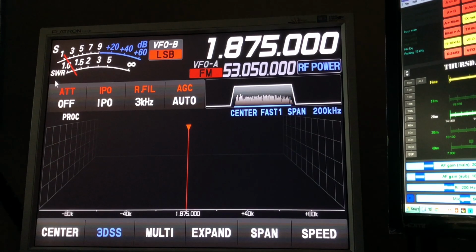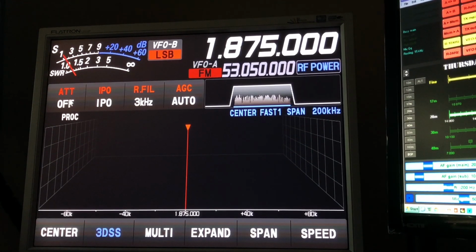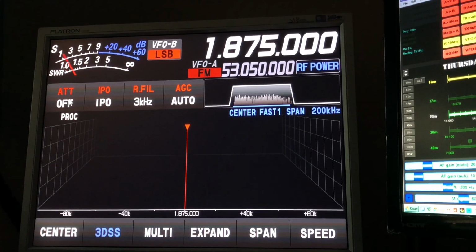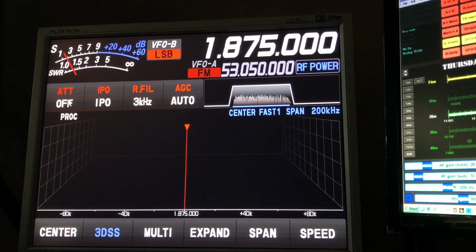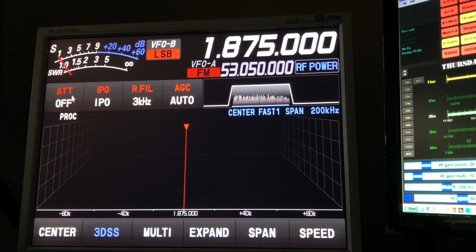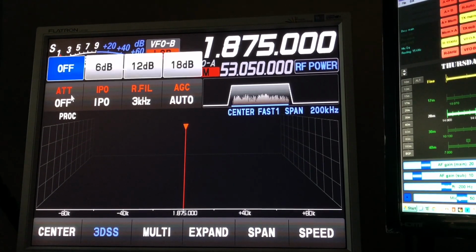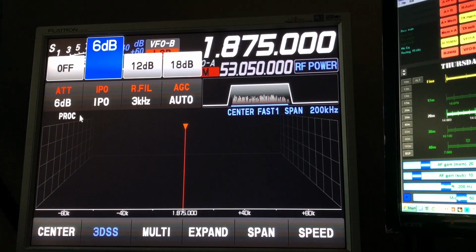Now, that's dropped it to near zero, really, but let's just face it, if I'm listening on 160, those stations are strong, which, by the way, is even more of an argument for using IPO, because strong signals up and down this band are going to be really strong. So the signals on this band are so strong, I really don't even need to hear any grind. So I could try 6 dB,